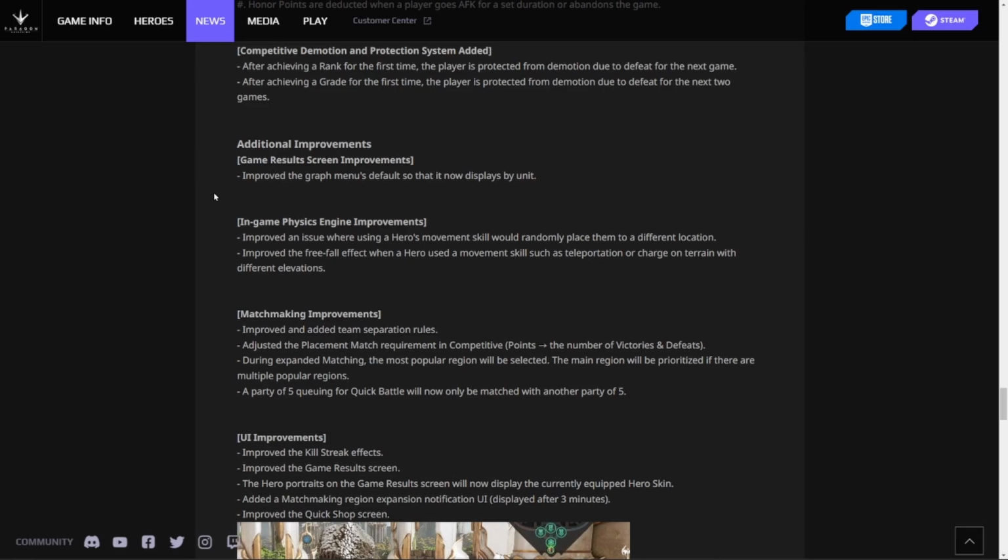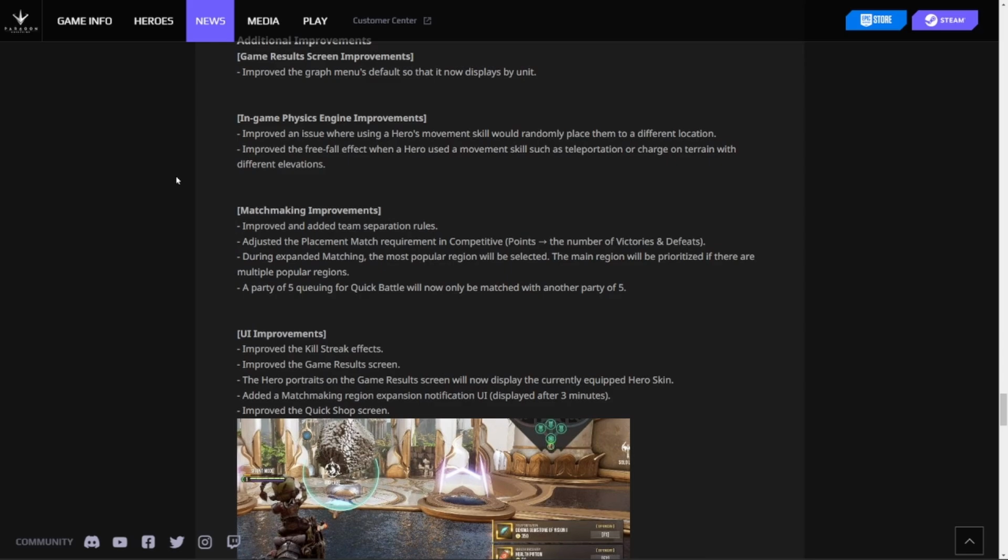But yeah, improve the graph menu's default so it now displays by unit. Oh, okay. Oh, I see. I think it's the statistics screen automatically. Cool. Improved an issue where using a hero's movement skill would randomly place them in a different